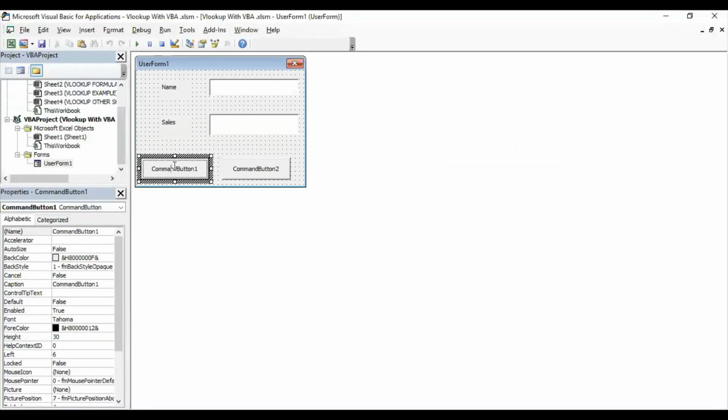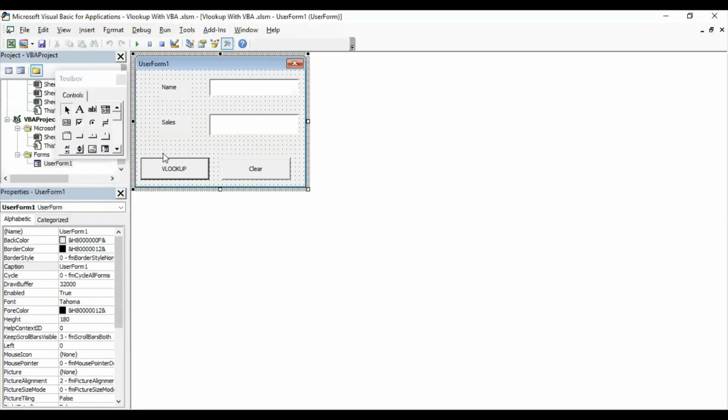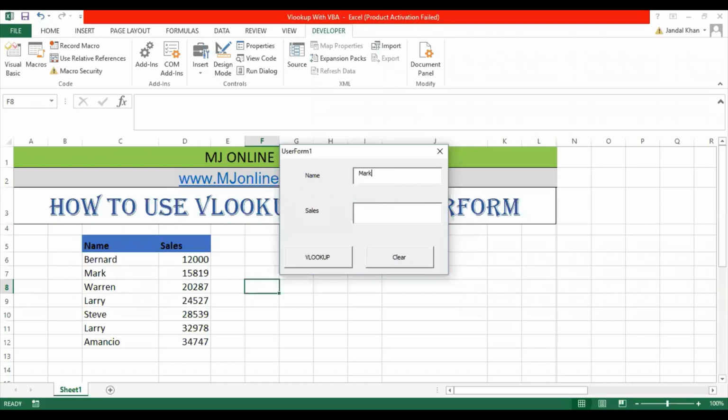So now check that. Let's write the employee name here. We need to change the name of the button as well, so it will be VLOOKUP, and the second one will be Clear, so it will look much better. Let's check the button right now.